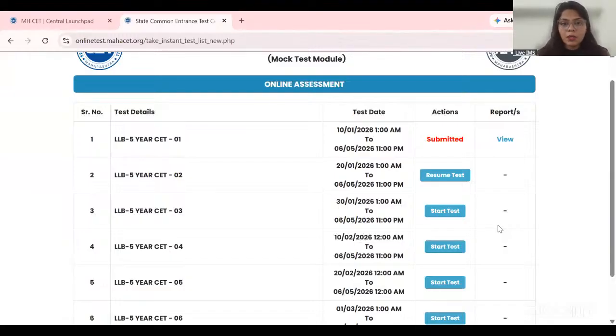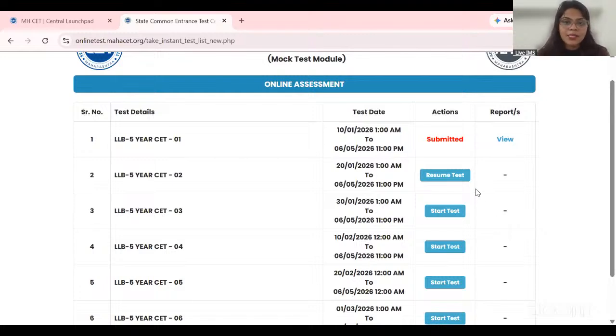Just a few things that you have to remember: there is a fixed duration for every test, right? Fixed duration means basically the time period for the test. The test will get automatically submitted once that time period is over. So I want you to take these tests seriously. When you are attempting these tests and solving any of the test papers, just make sure that you are doing it properly. You're sitting for the time period and you are properly solving it. That is what I want you all to do. Invest time and solve it properly, right?